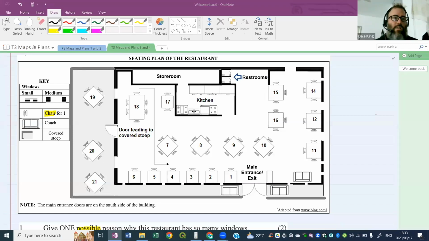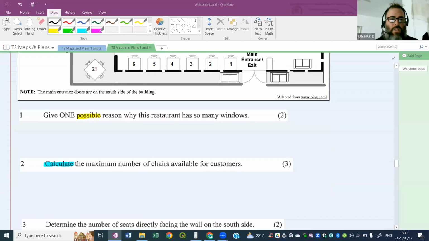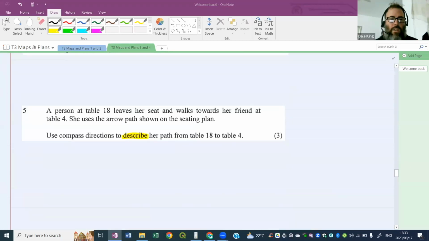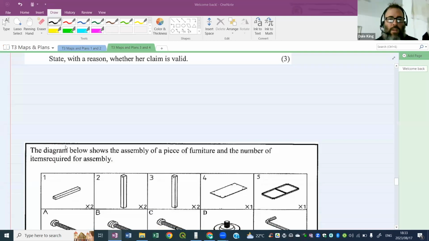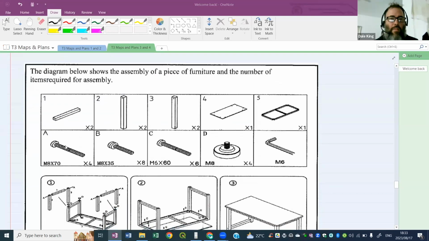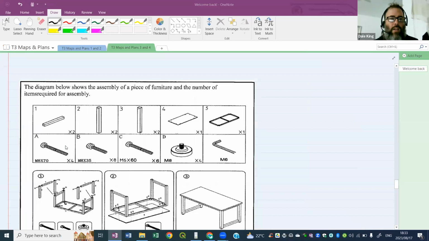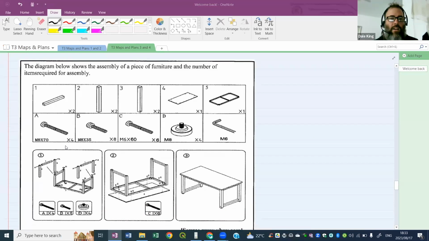Come on. Why do they do this to us? You know what? It's also the last question. Why do they do that for the last question? You see, that's the last question in this exam section, this question 6. Sneaky. So we must learn from this and make sure that we count and make sure about the questions, eh? All right, let's move swiftly along